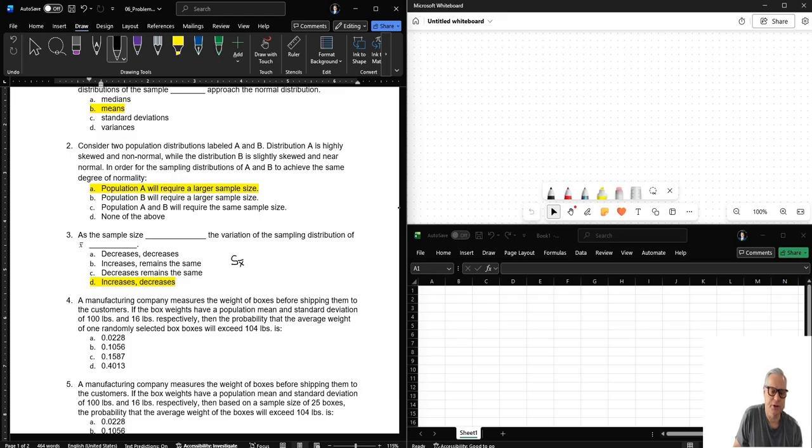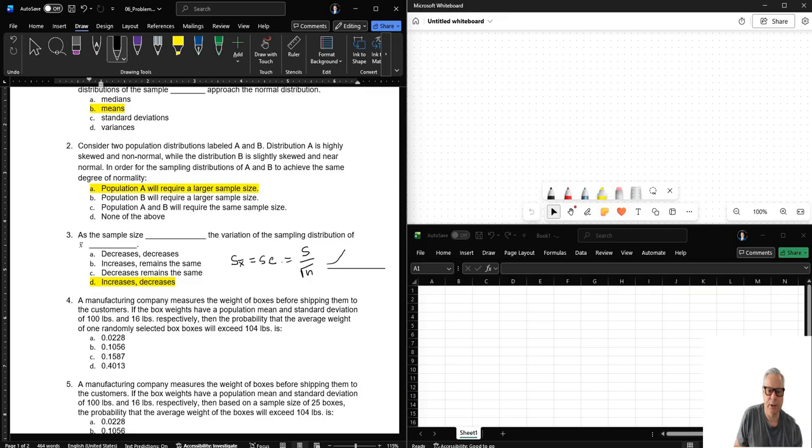The standard deviation of the sampling means, which is equal to the standard error, is equal to the sample standard deviation over the square root of n. And of course, if n goes up, the standard error goes down,